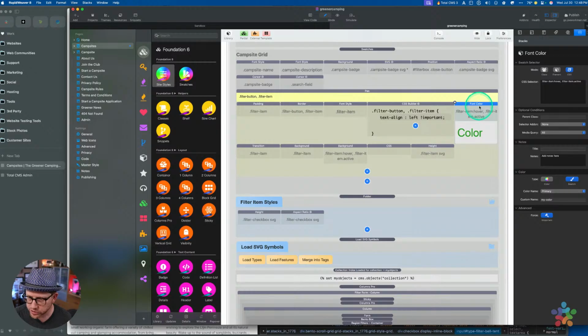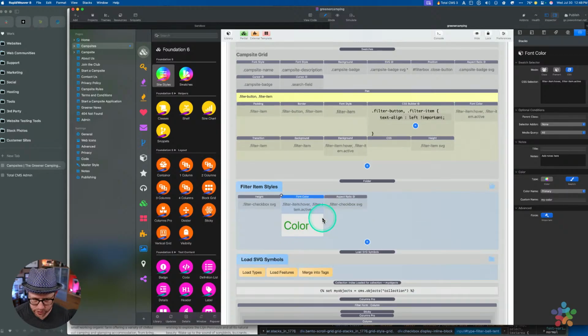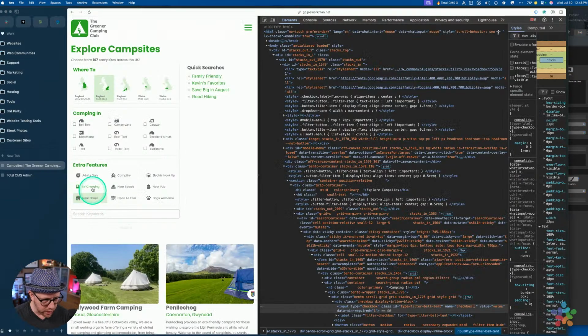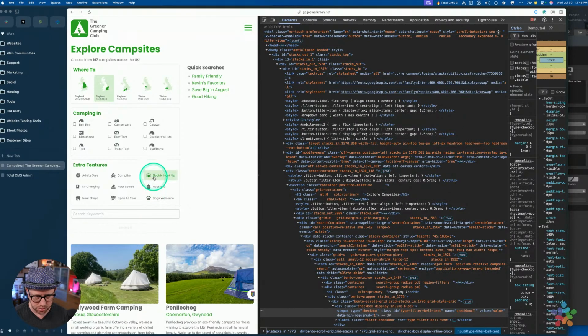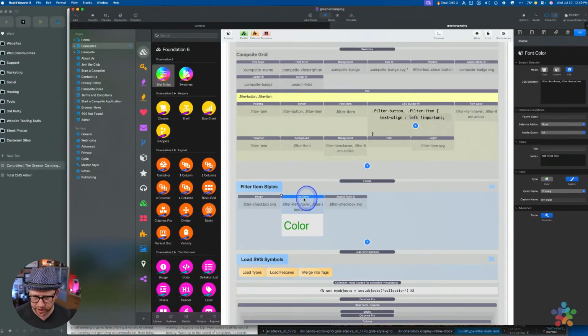So here we'll see that I have font color. So let's just copy this. Copy the font color swatch down here. One thing, let's see. Okay, so we get the hover style when we hover, and then it should be the same style when you click it. Okay. Actually, maybe, we'll think about that. Maybe hover should just change the. I don't know. Maybe it should be slightly different if it's clicked. We'll go with the same for now. Okay, but let's change the hover. So when I hover over a